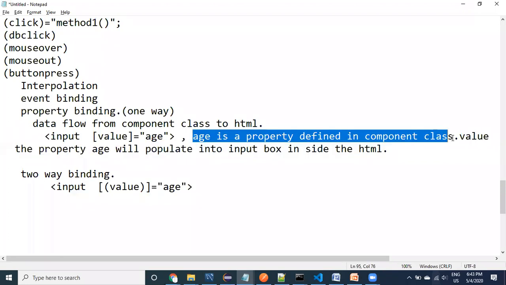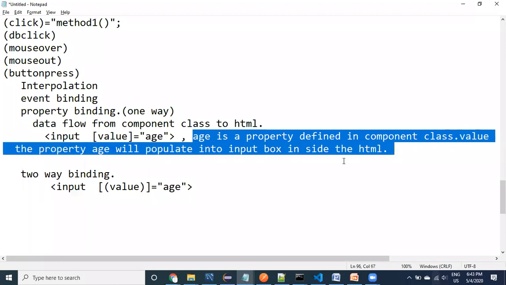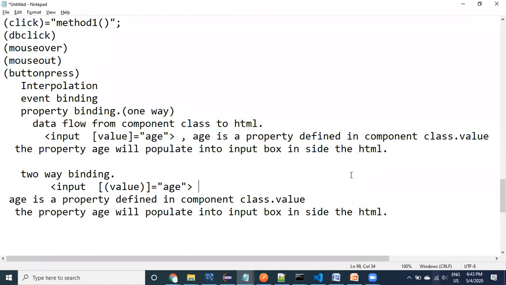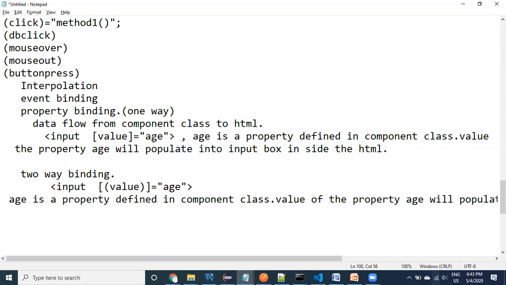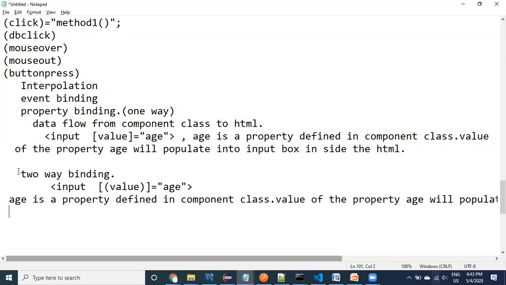Age is the property defined in the class, and the value of the property will populate into the input text box. The same thing happens. And the extra thing that happens in two-way binding is changes inside the HTML: the user types in the text box, and then the data gets updated. Changes inside the HTML will reflect to the age property.